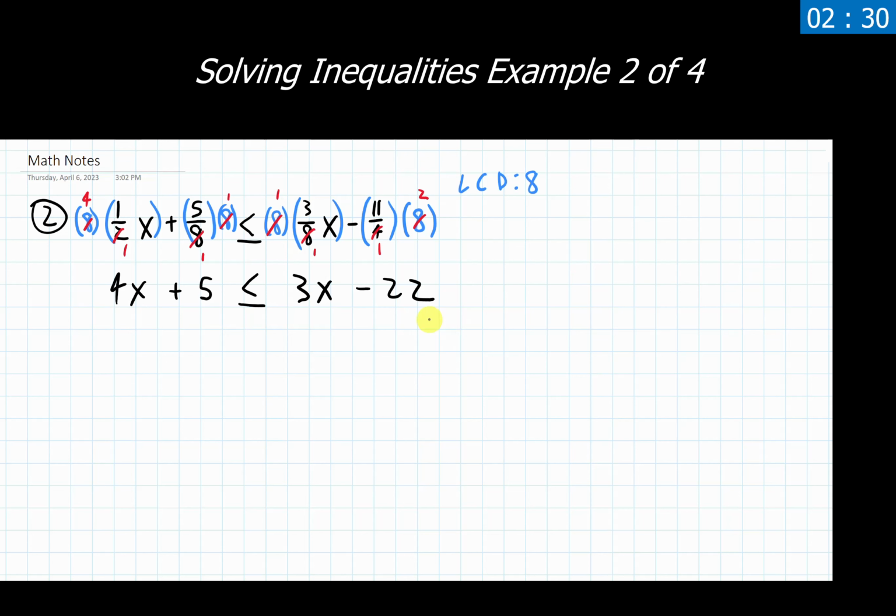Now from here, if you remember back to the process that we learned in the 2.1 through 2.3 material, I gave the hint of always eliminating the variable term that has the lowest valued coefficient in front of it. The reason for that is because if we do that, especially in these inequality problems, we will absolutely never have to multiply or divide by a negative at the very end of the problem, meaning we won't ever have to worry about flipping this inequality.